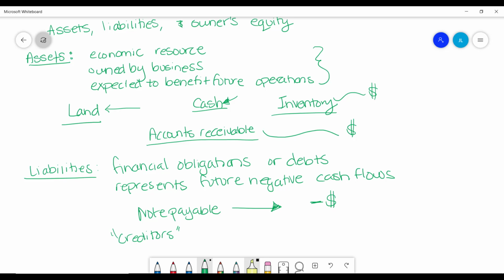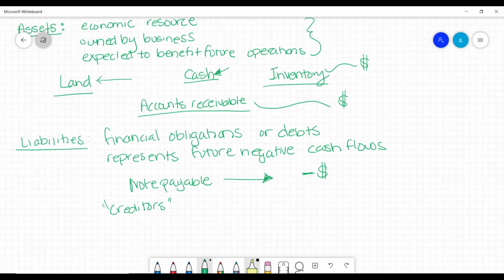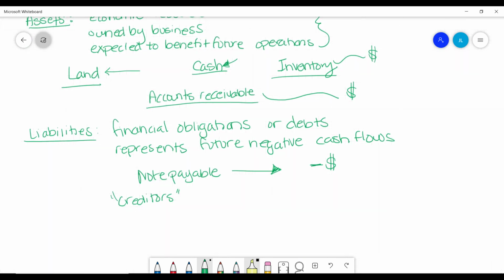Usually, when you're looking at a company's liabilities on the balance sheet, they need to be listed in the order of liquidity. Assets as well, but for liabilities, you have to list them in the order in which they are expected to be repaid. So those obligations that are expected to be repaid sooner rather than later will be higher on the list, as opposed to those loans that aren't expected to be paid until later.